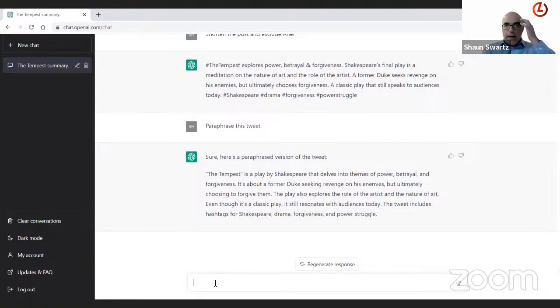ChatGPT's parent company, OpenAI, have actually already released a tool, and we will include a link to this tool in an email that we will send to all the attendees of this webinar. This tool can take text, and it can take this tweet, or whatever it may be, and it's not going to be 100% accurate, but it's designed to tell you as a teacher whether whatever you provide this tool is actually being plagiarized or not.